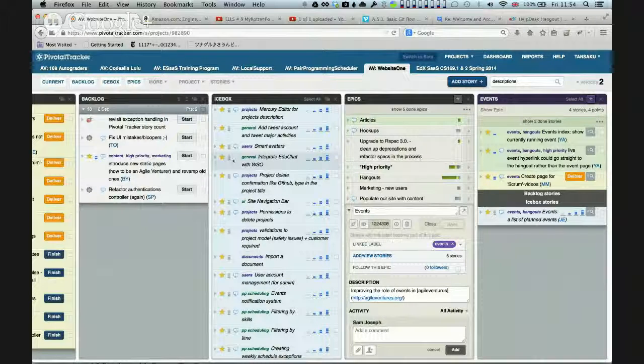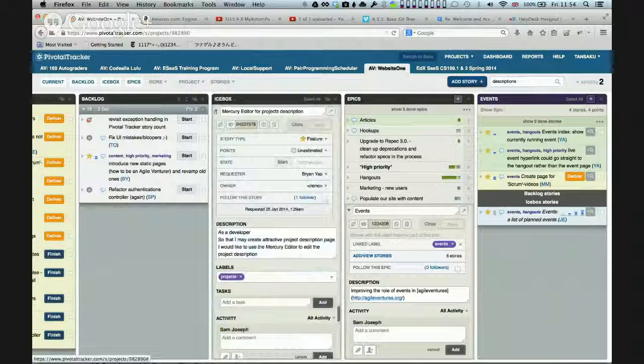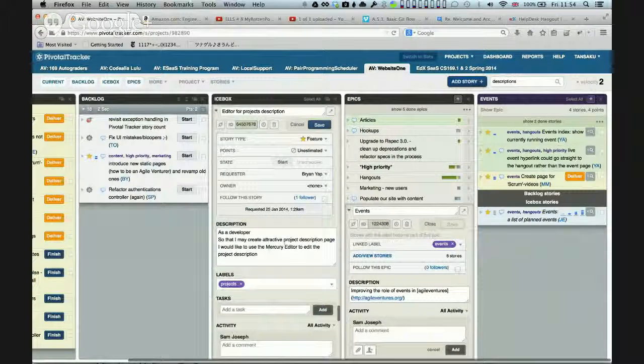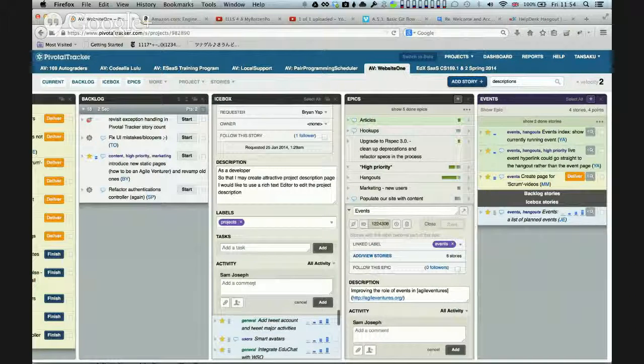Gotcha. But I agree. The key thing here is that we shouldn't be specifying that it's the Mercury editor. We should say that we need an editor, a rich text editor. Yeah. We have an editor, that's right. Okay, so let's put that in there, and then we've got an issue of